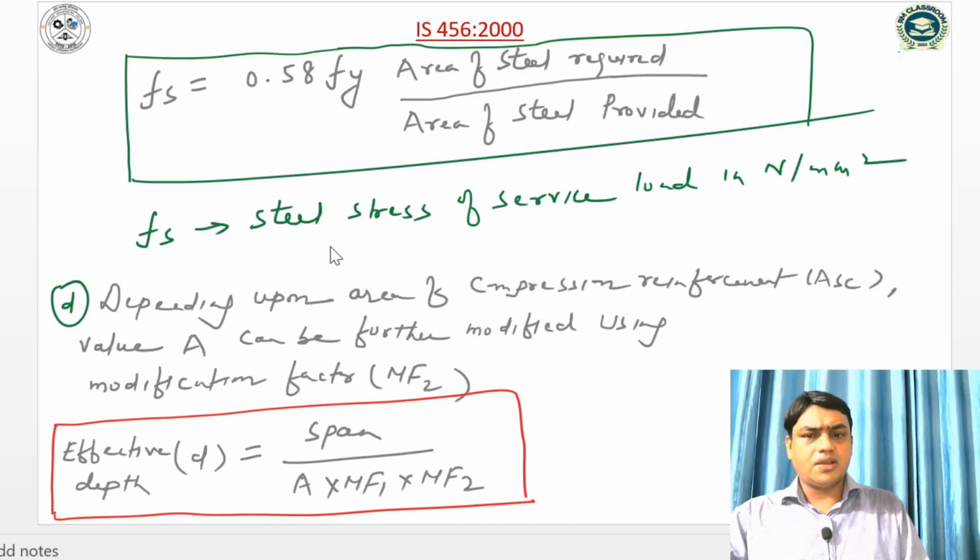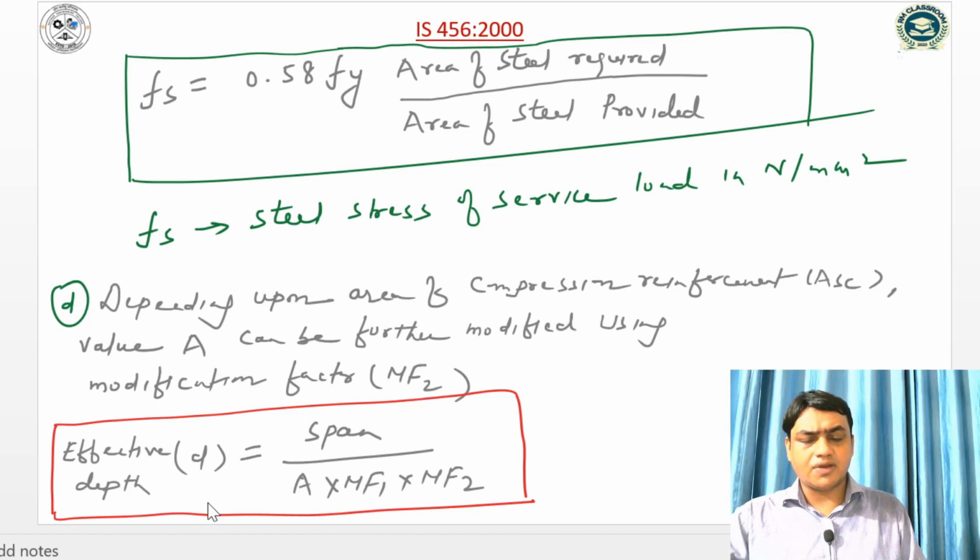So we can see that Fs is the steel stress at service load in Newton per mm square, and this is the expression to compute Fs. Further, another modification factor is applied and multiplied to this A value. Depending upon the area of compression reinforcement, value A can be further modified using the modification factor MF2, and